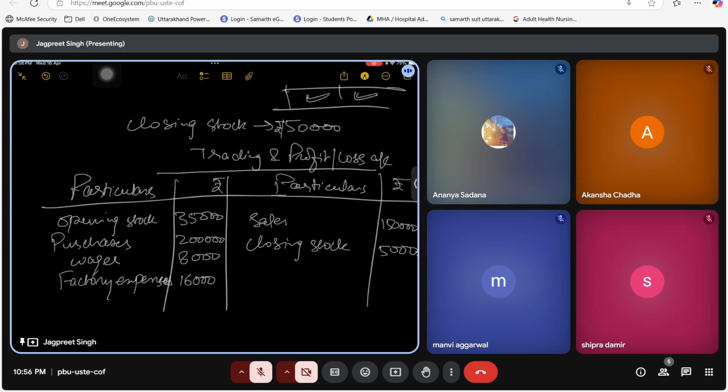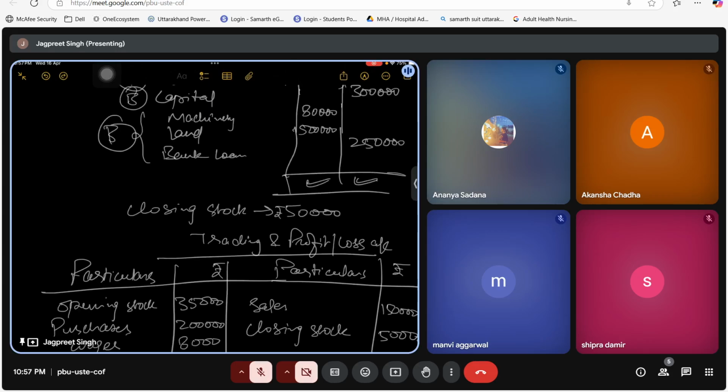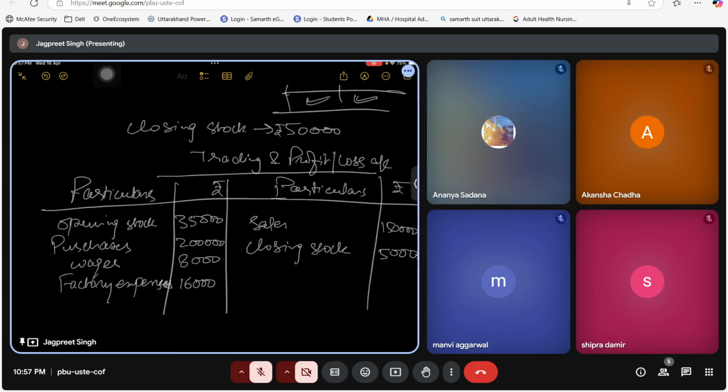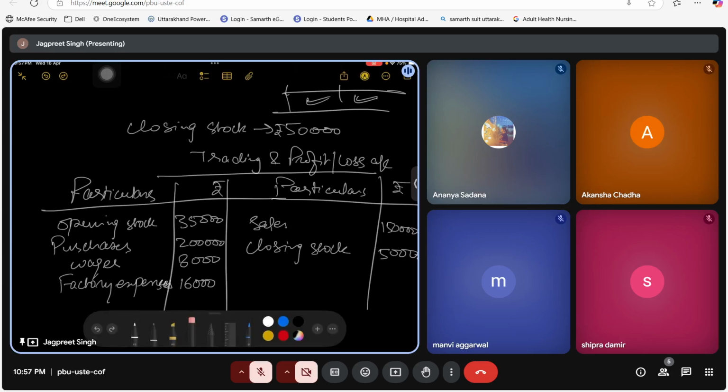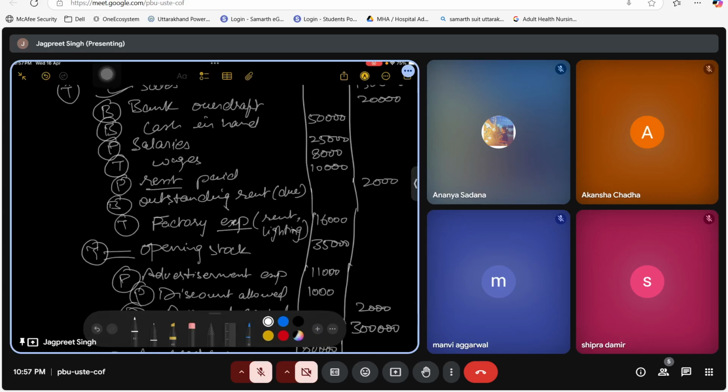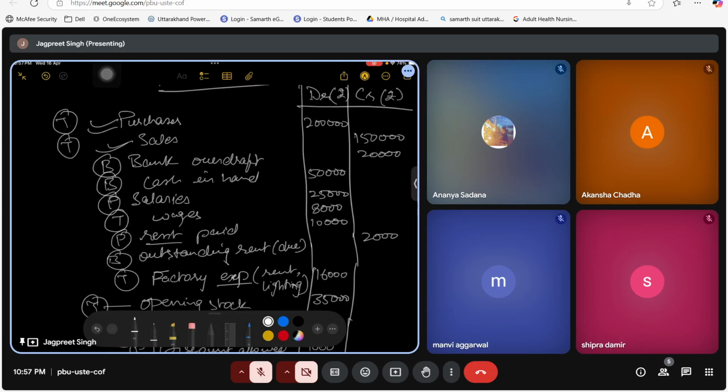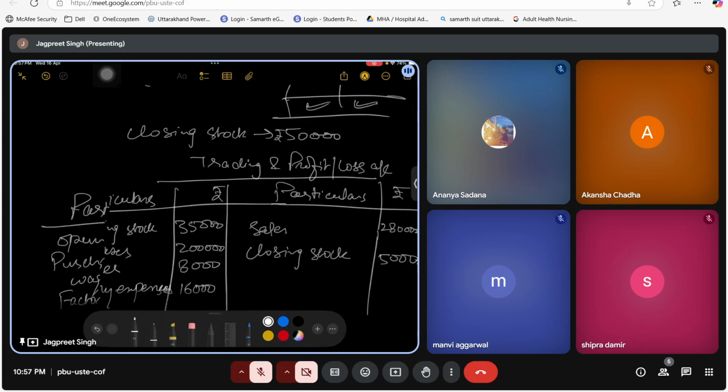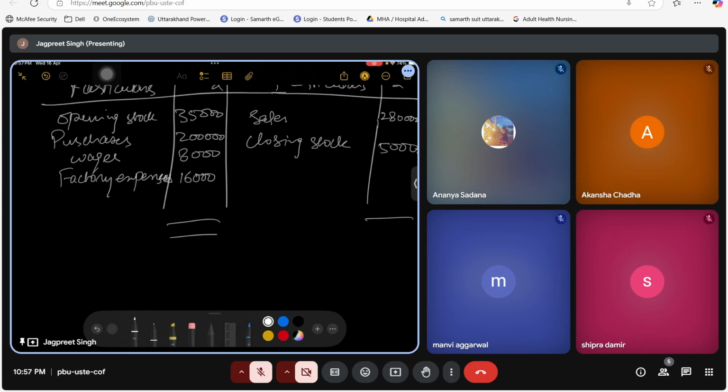सपोज मैं क्लोजिंग स्टॉक 1,50,000 रुपीज कर देता हूँ क्योंकि एक ग्रॉस लॉस होने वाला है। रुको, वन फिफ्टी का नहीं, मैं यहाँ पे सेल्स अमाउंट चेंज कर देता हूँ। सेल्स यहाँ दिखा दी है मैंने 150 की। हम इसको 2,80,000 रुपीज की सेल्स कर देते हैं। इससे क्या होगा, हमारे पास एक बैलेंसिंग अमाउंट आएगा जो कि है ग्रॉस प्रॉफिट।